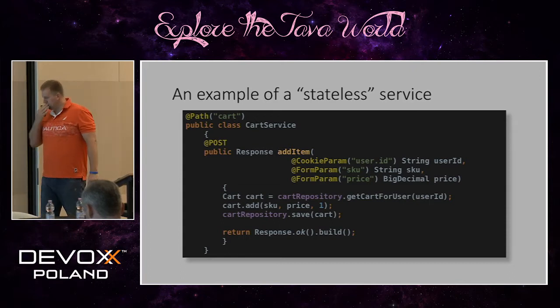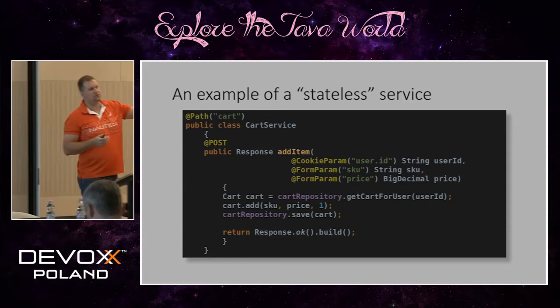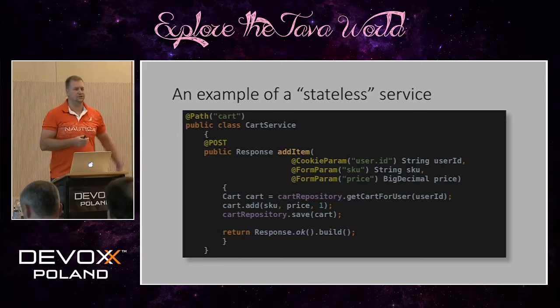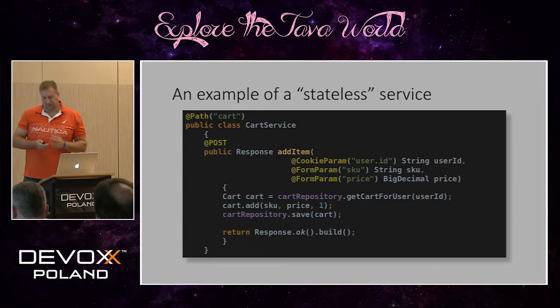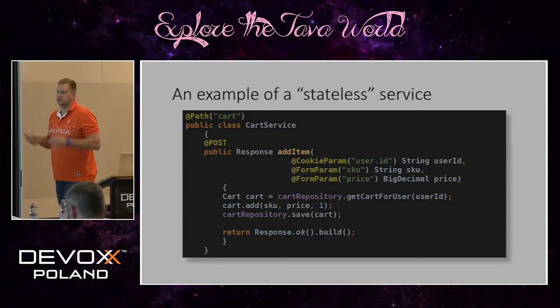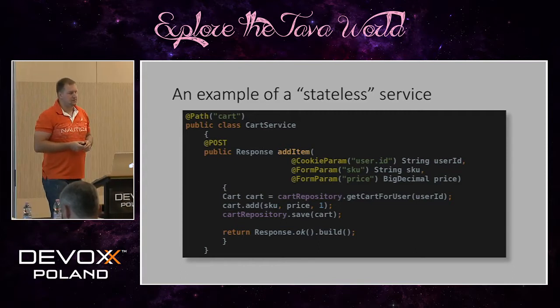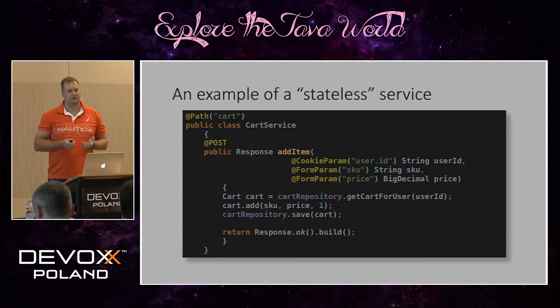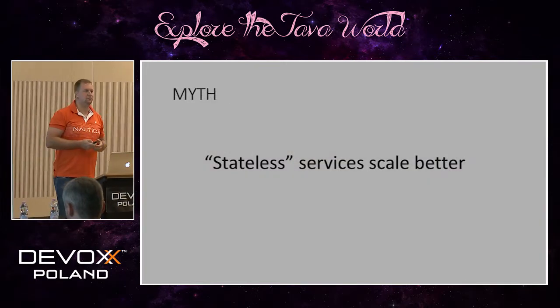For a use case where you simply want to read data, you will basically go to your data store, get the data, and then return it to the client, display it on the screen. Right? So that's really what we are talking about when we say, build stateless services. The problem with this is, do they really scale better? Because that's the myth, really, that we are